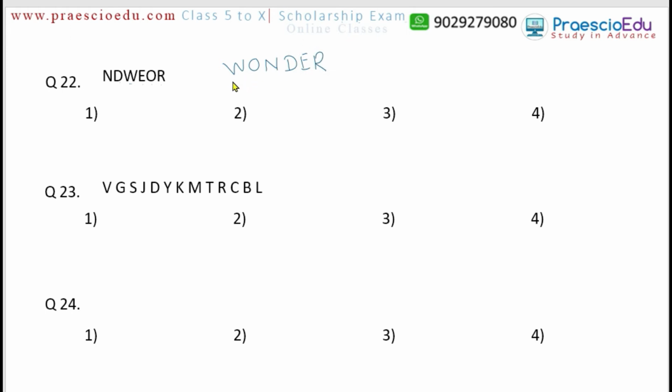Now what is the synonym of the word formed by the letters at the third place from the right? From the right, third place: first, second, and the third. So D. Write down the first D, and the second place from the left side. So 1 and 2, so O is there. So DO, this is the other word formed. Now what they are asking is the synonym of the word DO. Now we have to find the synonym which is available in options 1, 2, 3 and 4. Now in this one, if you see, DO means what?